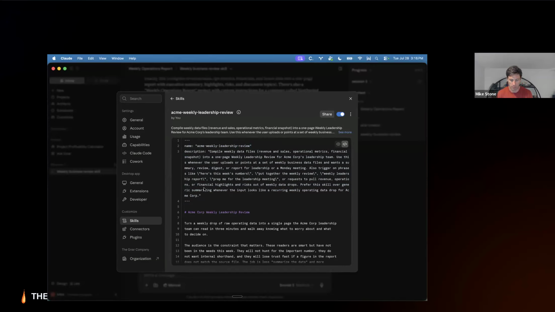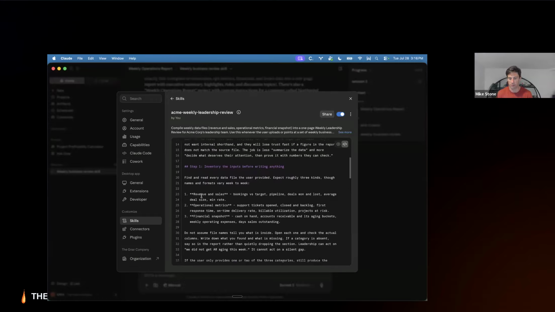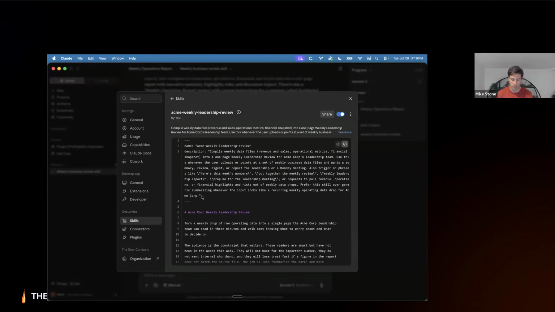And the description. The description is important because this is how Claude knows when to invoke your skill. Instead of loading all of the content of all of your skills every time you make a prompt, Claude will just load in this chunk from all your different skills and then determine from your prompt what skills to use.